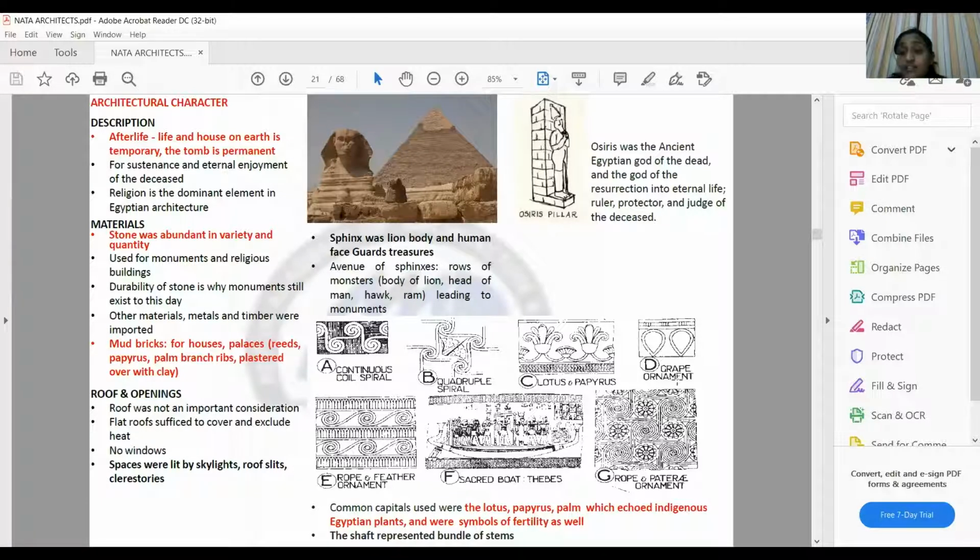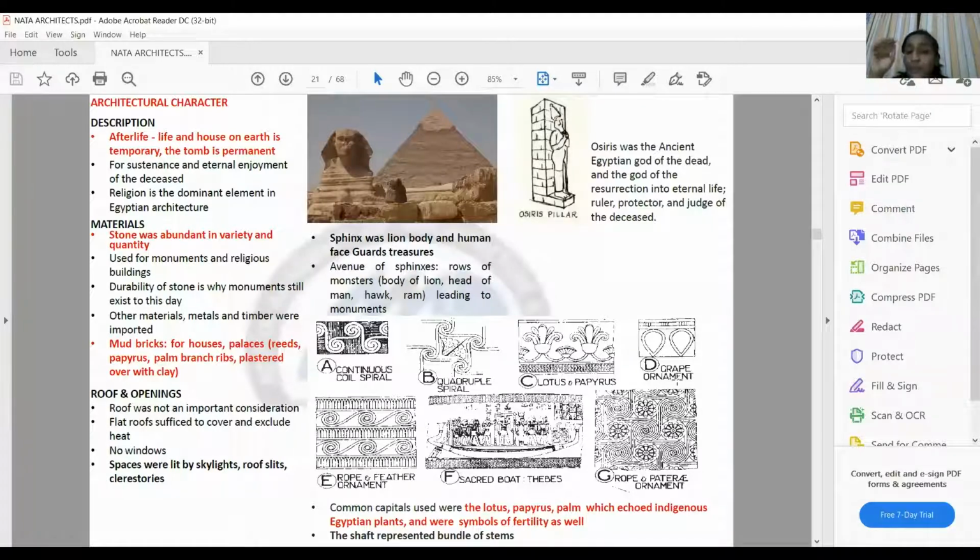Again, the term that is given is called the necropolis. So just make a note of this. A city of the dead is referred to as necropolis. And they had each of these pyramids. Again, if you observe in the Near East architecture, it was mainly the colossal winged bulls. So those elements guarded the treasures or the temple, correct. So when it comes to the Egyptian architecture, it is mainly the sphinx. So sphinx is nothing but a lion body with a human face. It is also referred to as the face of the pharaoh.